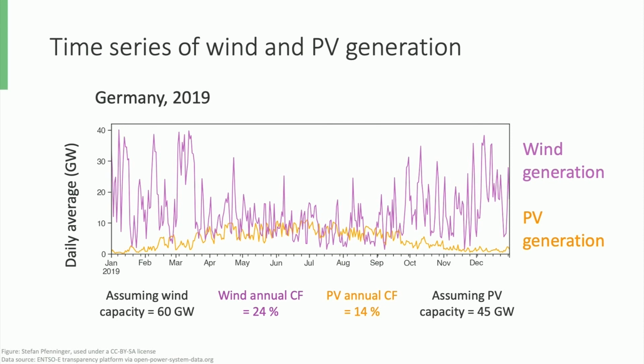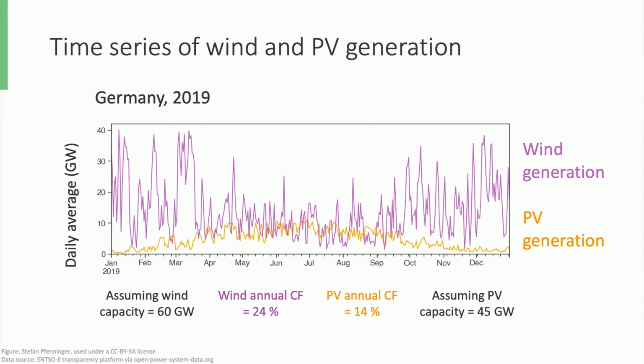This means that for the same amount of installed generation capacity, German PV produces roughly half of the electricity than German wind power does. What is important is that the absolute level of production doesn't matter for the capacity factor. If Germany doubles its installation of PV systems, the capacity factor will remain roughly the same, unless they build all the new PV systems in unusually sunny parts of the country, then the CF would go up. So the CF is really a number that tells us about variability. And without knowing the installed generation capacity, it tells us nothing about how much electricity we actually get.